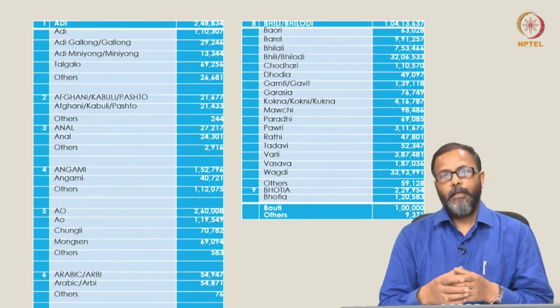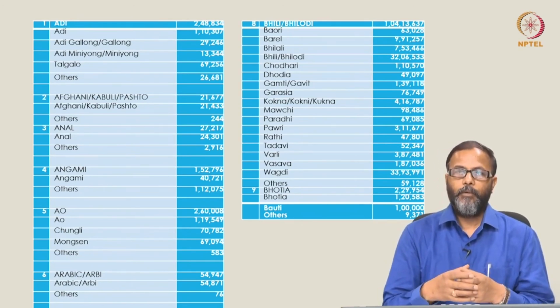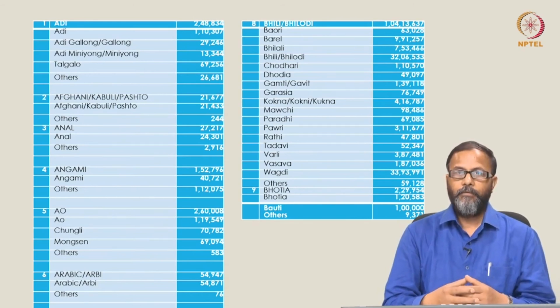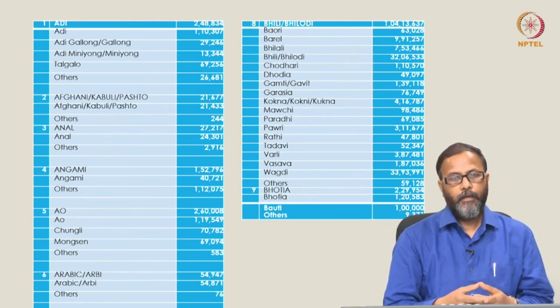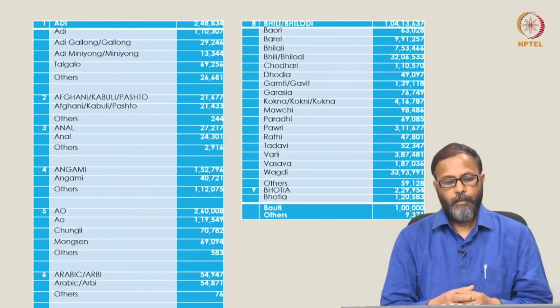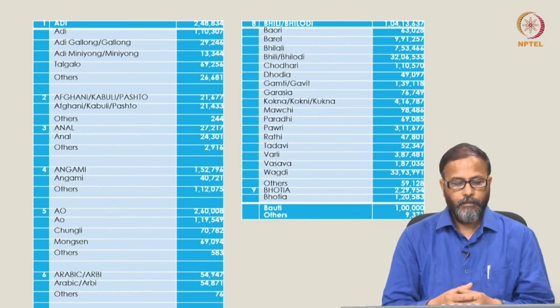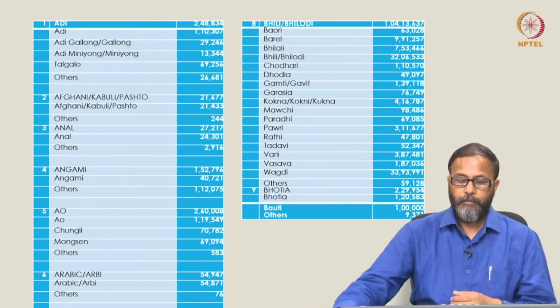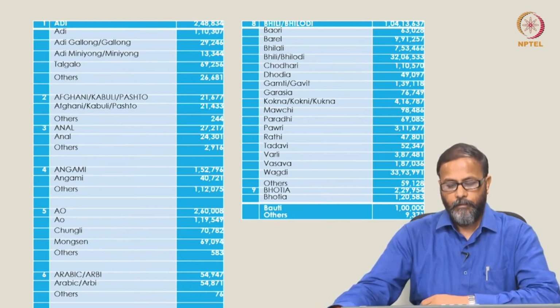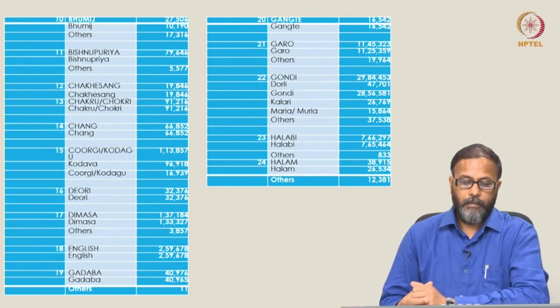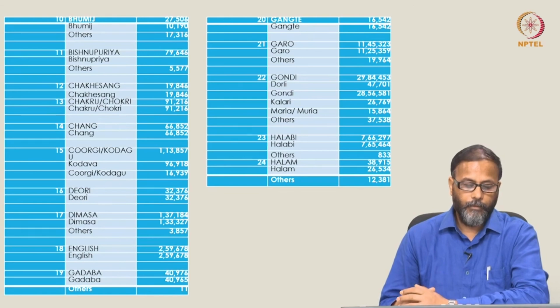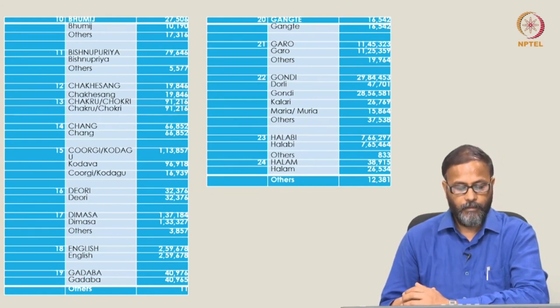So, 22 plus 99 sums up to 121 languages, and then you can see 270 mother tongues are designated mother tongues in Census 2011 are listed and grouped under each of these categories. So, you have Adi, right, Afghani, Anal, Angami, Ao, Arabic, Balti, right? Bhili, and so many languages under Bhili, Bhotia, Bhumij, Vishnupriya, right? Chakesang, Chang, Kurg, Deuri, Dimasa, English, Gadaba, Gangte, Garo, Gondi,